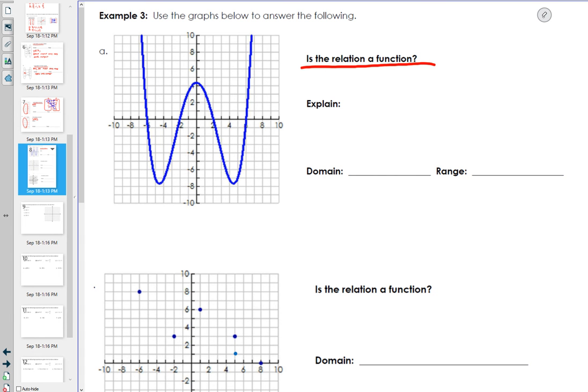So let's answer the first question first. Now, on any graph, whether it's continuous or not, what test do we use to test for a function? Vertical line test. So if I get my vertical line and I scan across,